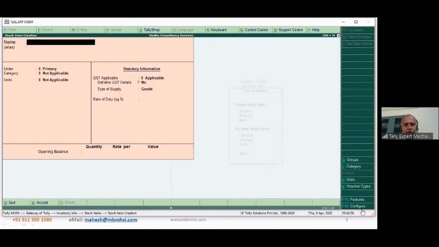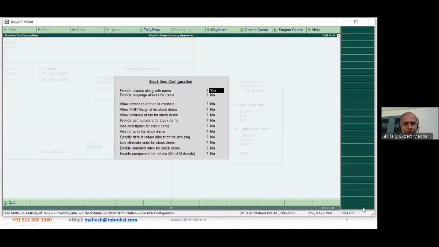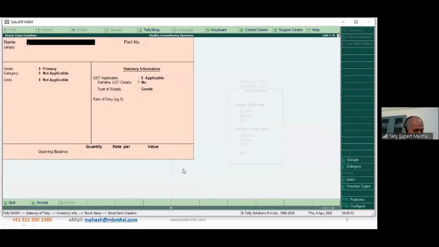So I click on configure. Here you have an option to provide part numbers for stock item. Enable this. Now you are able to see that against the name there is a part number also.